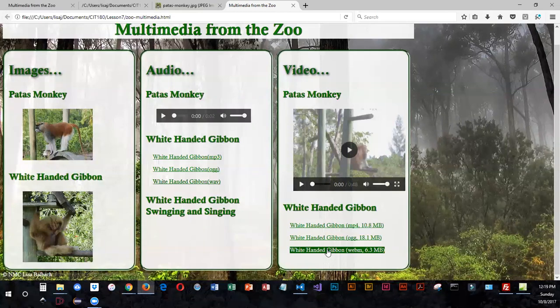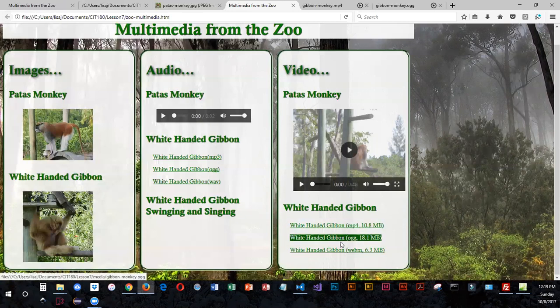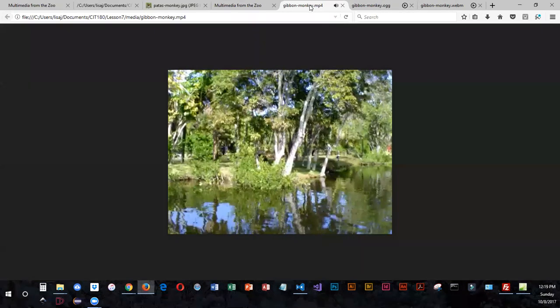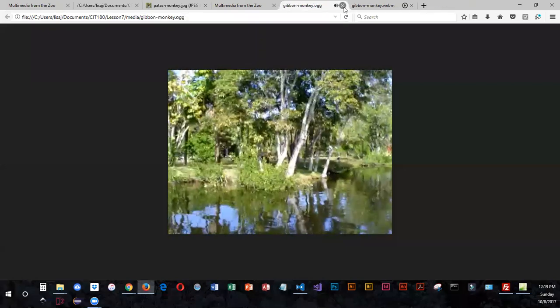Okay, and this is just nice for people to know what the sizes of these are. And I'm going to click using my wheel. And you can see that it can play all 3. It did not try to download one. Whereas if you remember with the sound, when we got to wave, it couldn't play wave, so it tried to download it. But now if we click,